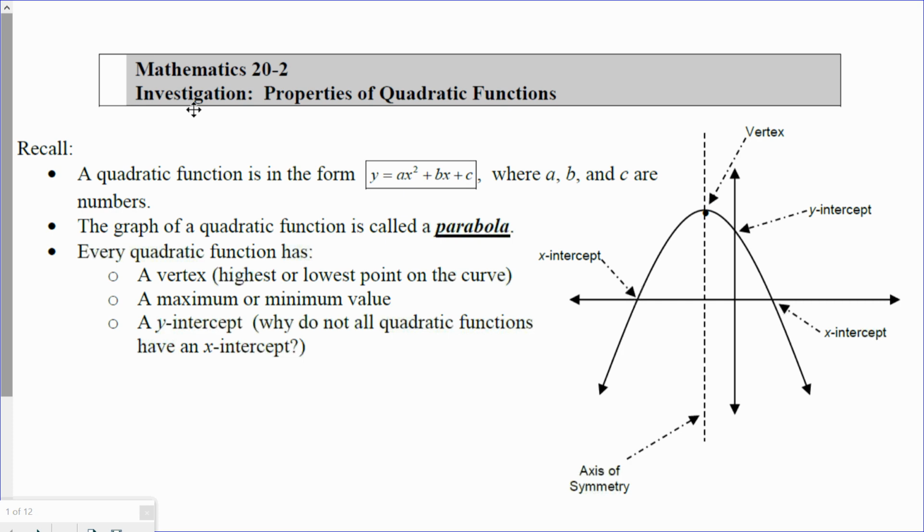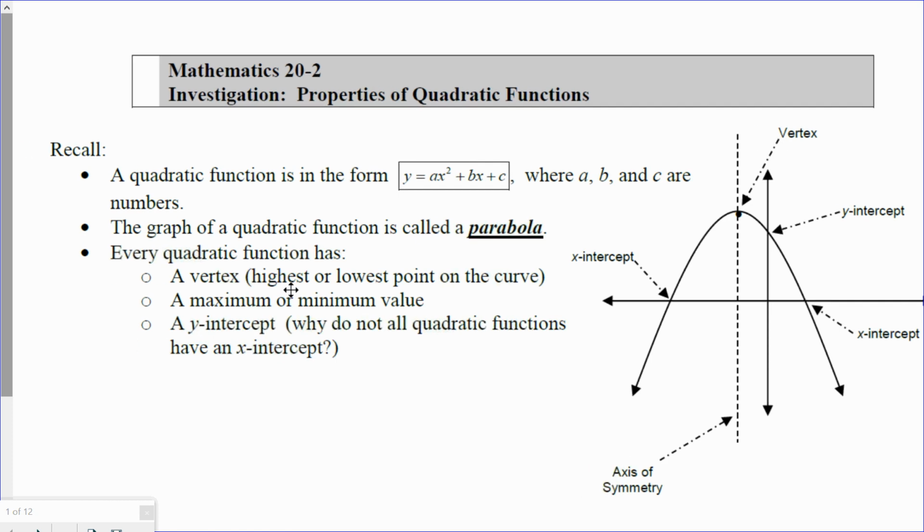The graph of a quadratic function is called a parabola. I believe I said that yesterday, so that's just the shape that a graph makes. Every quadratic function will have a vertex, that being the